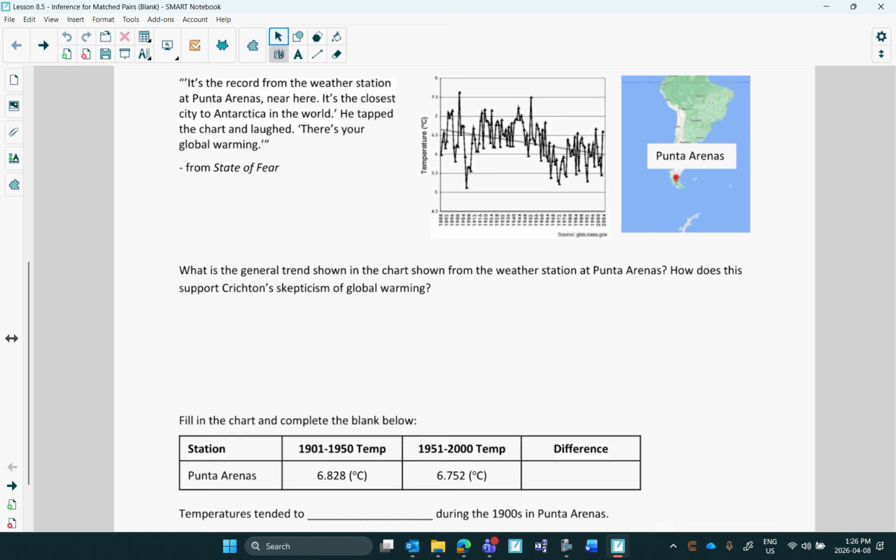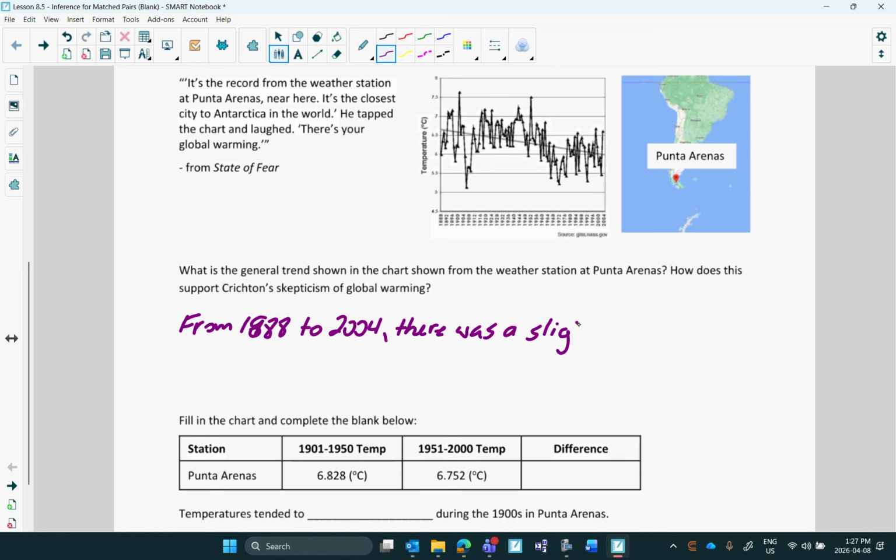Well, it seems to show, from 1888 to 2004, a slight decline in temperature, or average temperature, casting doubt